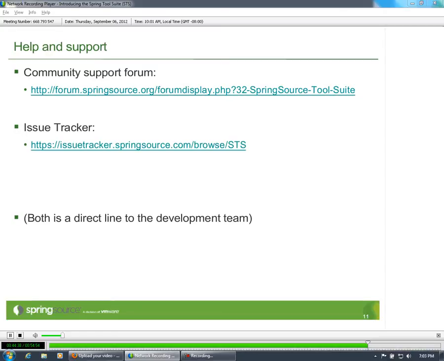If you would like to ask questions, find help, you're having trouble using it, or you would like to suggest new features and things like that, we have two direct lines to the development team. One is the community support forum at forum.springsource.org. Just go to the SpringSource Tool Suite forum, and you can ask questions. You will get, I think, good answers from the development team, but also from the community, from other users,